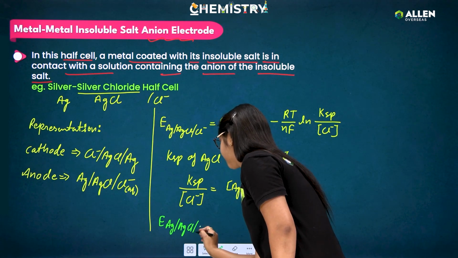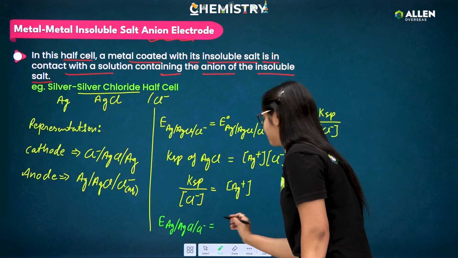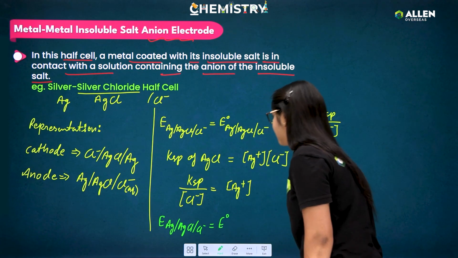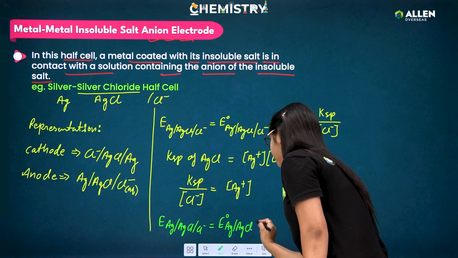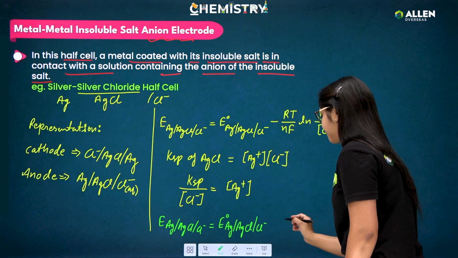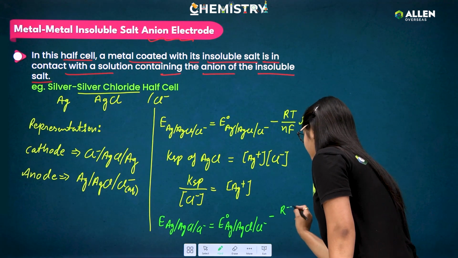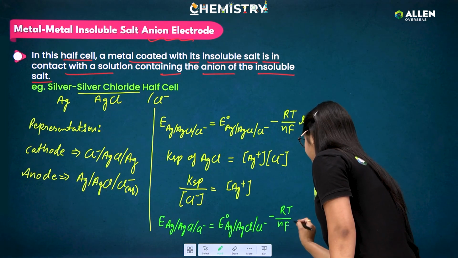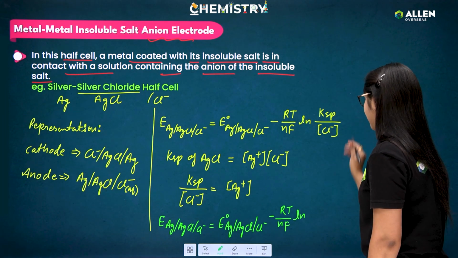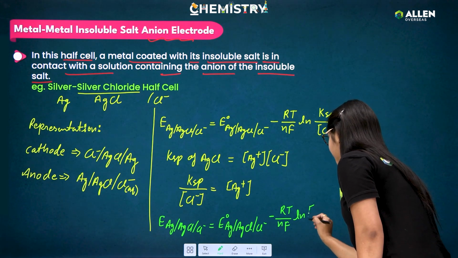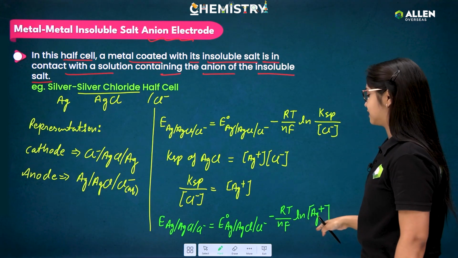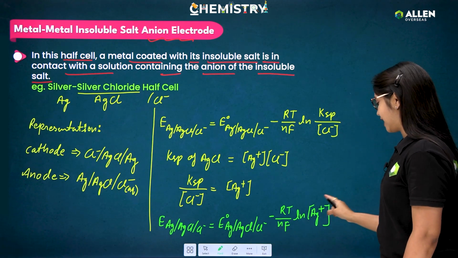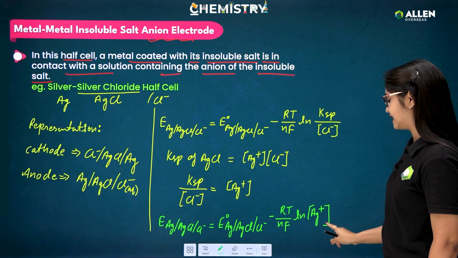E of AgCl, Cl minus equals E naught of AgCl, Cl minus, minus RT by nF ln. Now in place of this we can place the concentration of Ag plus ion. So when you have this expression with the concentration of Ag plus ion right here,